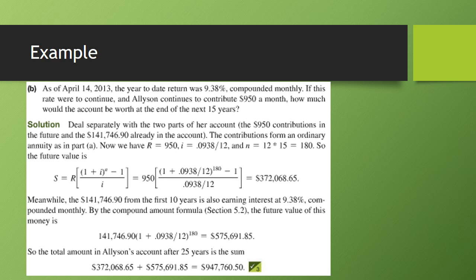So what we're going to do with this is go back to our formula from Section 2 and put that into our compound interest formula and find out what that's worth at the end of the next 15 years. We have the principal, which is the amount that was already in there, $141,746.90, times 1 plus 0.0938, the new interest, over 12 to the 180 power, because that's how many compounding times we have between now and the end of 15 years. And we find that that amount will be